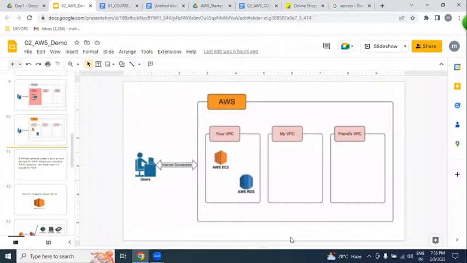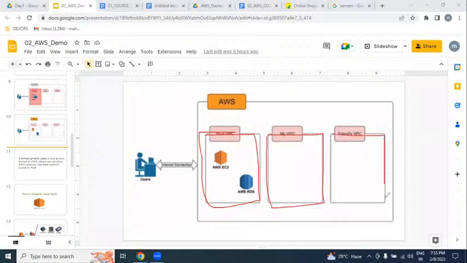For example, the first network is for you, the second network is for me, the third network is for my friend. N number of networks we can create. There is no limit.